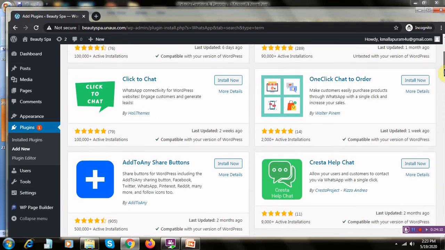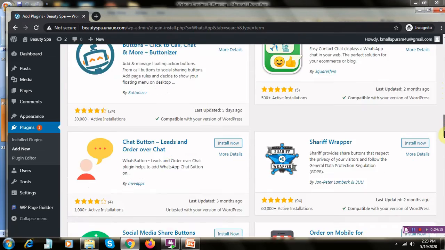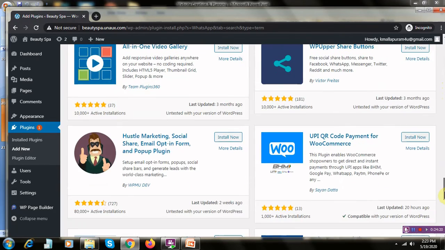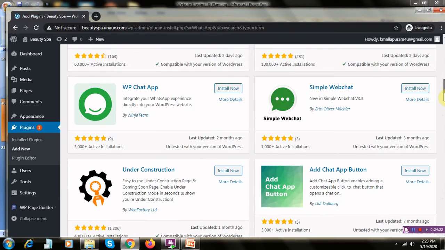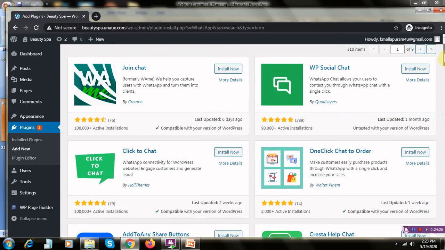You have a lot of options. You can choose anything, but we would recommend you to choose the WhatsApp option at an initial stage. I'm just looking out which is the option that we can choose.